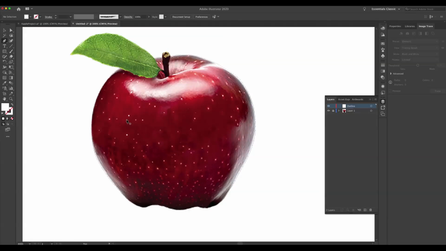I want to create two shapes. I want to create a shape of the apple on the outside. I want to create a back shape here. We're going to create a stem and a leaf. And then we'll be finished. So I'm going to create this shape first. I'm just going to click and drag